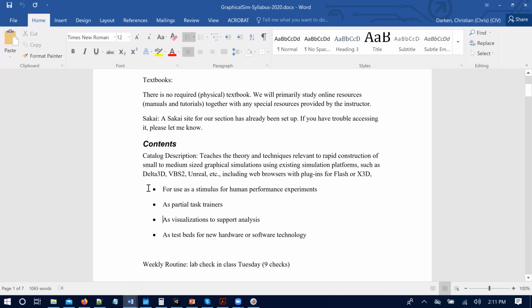Back in the day, some students knew they weren't heavy on the technical side. They weren't going to sign up for a thesis where they had to write tons of code. So often that means for MOVES, okay, we're going to run a human performance experiment and gather data. But then you find out, well, what's the experiment going to involve? We're still a modeling and simulation enterprise here, so it's going to involve a simulation, and quite often a graphical one. And you're going to need to tweak that thing in some way to make it what's known as a stimulus, the thing you're going to put in front of your subjects.